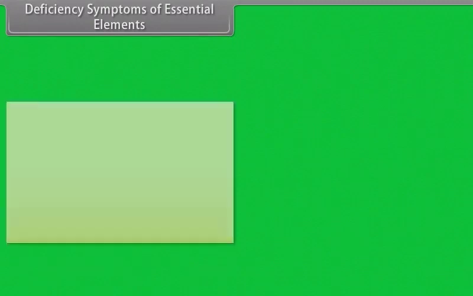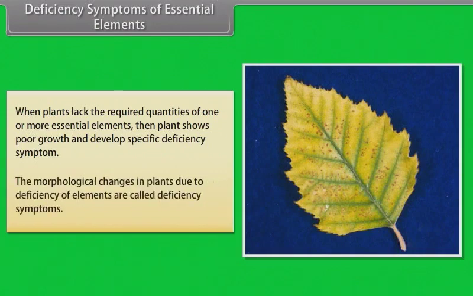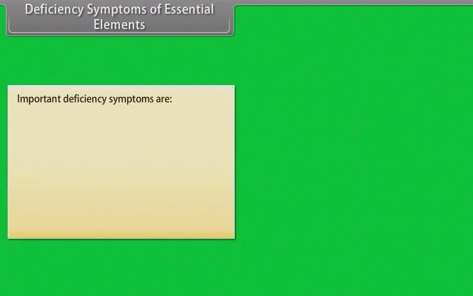Deficiency symptoms of essential elements. When plants lack the required quantities of one or more essential elements, the plant shows poor growth and develops specific deficiency symptoms. The morphological changes in plants due to deficiency of elements are called deficiency symptoms. Important deficiency symptoms are chlorosis,